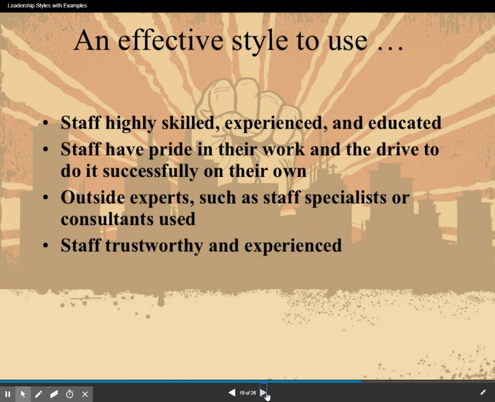It is effective if staff is highly skilled, experienced, and educated. So in computer organizations, laissez-faire works a whole lot because you have people who basically have done this for years and they know the intricacies and they can build their own team and structure their own team on their own. Also, someone who's really driven. So someone you could say, here's this project, run with it. And they're going to go above and beyond to get it done because the way they do it has to impact their own success.